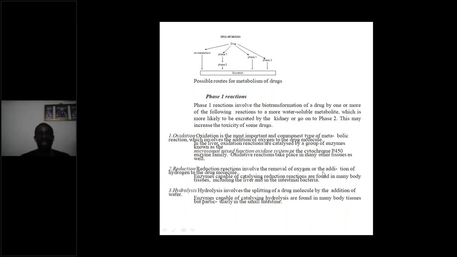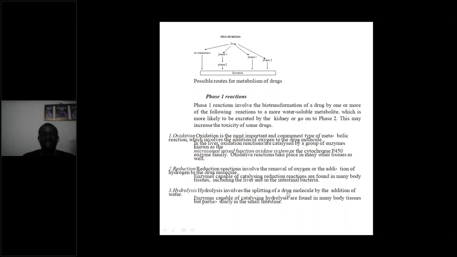So beyond the liver, it can take place, as I said, in the intestinal mucosa. It can take place in the heart, in the lungs, in the plasma. So after oxidative reaction, the next thing is reduction. Reduction involves removal of oxygen or addition of hydrogen to the molecule. So the enzymes capable of catalyzing reduction reactions are found in many tissues, in your liver and in the intestinal